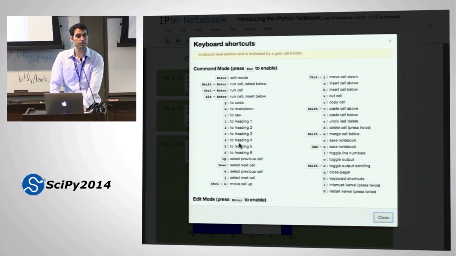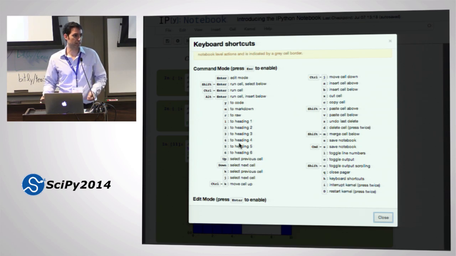Right? And what they do is they change a cell's type. And that means that the cell is now considered by IPython to be something else. So I don't type in something and IPython says, oh, that looks like Markdown. I'm going to make that Markdown for you. No. You have to tell IPython that it's going to be a Markdown cell. Other than that, it assumes that you want it to be a code cell. Right? By default, everything is a code cell in IPython.